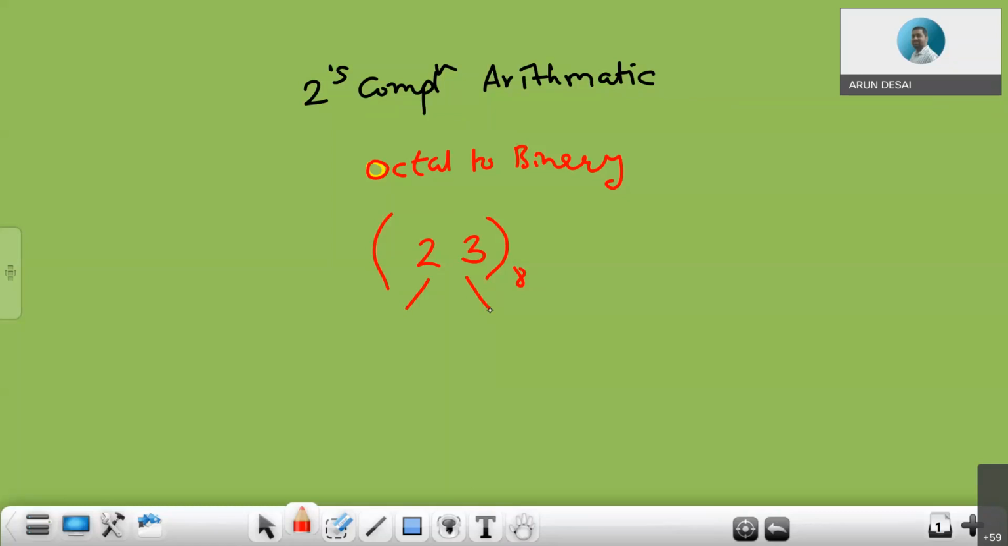So how does octal counting work? Octal counting. How many symbols are there? Total 7, right? So the counting is like 0, 1, 2, 3, 4, 5, 6, 7, right? After that,